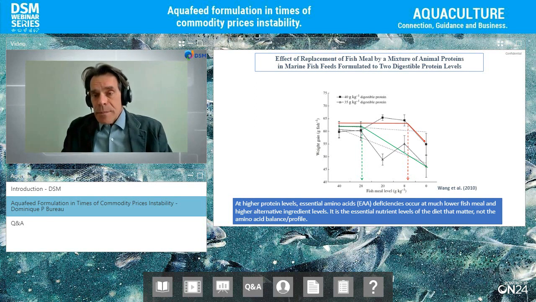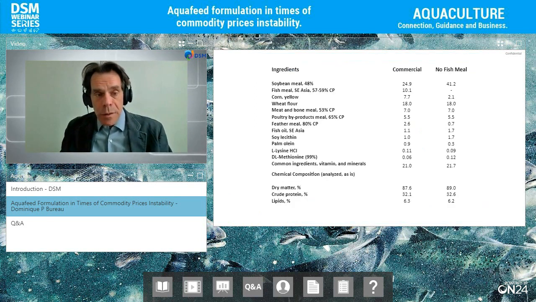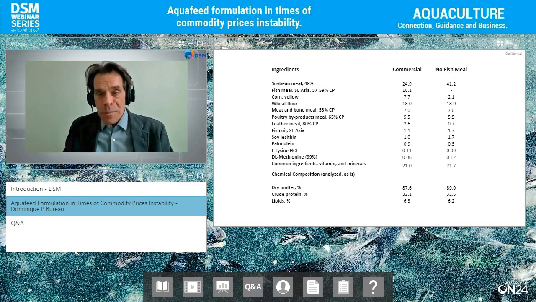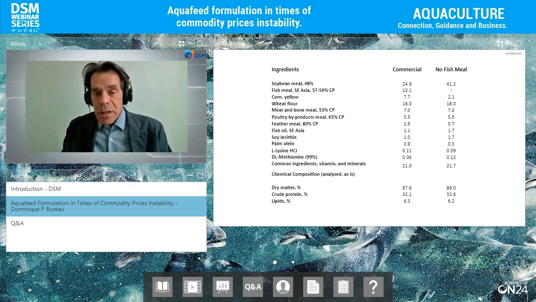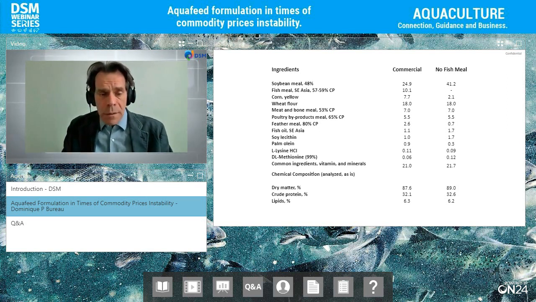Now, there are limits. I worked in Indonesia with African catfish in this case. I used this for my master's degree also. So I said, well, we know nutrient requirements now, so we're going to formulate feeds. We let the feed formulation program decide what it wants to do. We had a commercial recipe that was successful, and then we said, well, let's just let the feed formulation program decide what would be successful. Just impose very few limits. There are lots of animal proteins in there, so it should meet all nutrients. Well, it did not work.